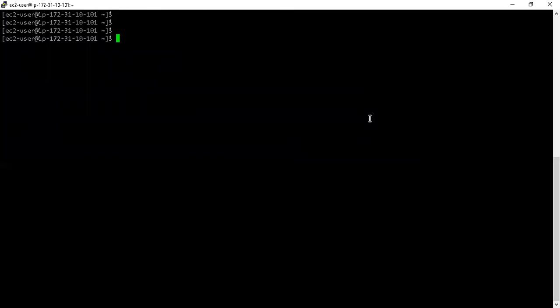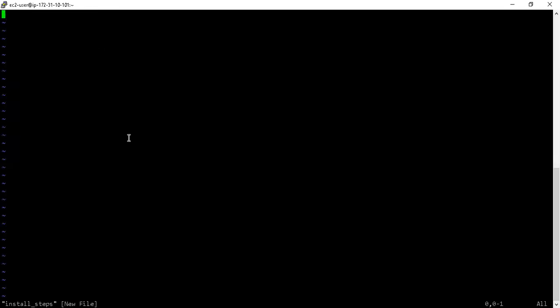Now in this environment, or put it this way, in an environment which is as small as this, we can also install databases like MySQL, and they're going to work. So first of all, let's go through the installation steps. The install steps, I'm going to write install steps, again a file I'm going to create. How to